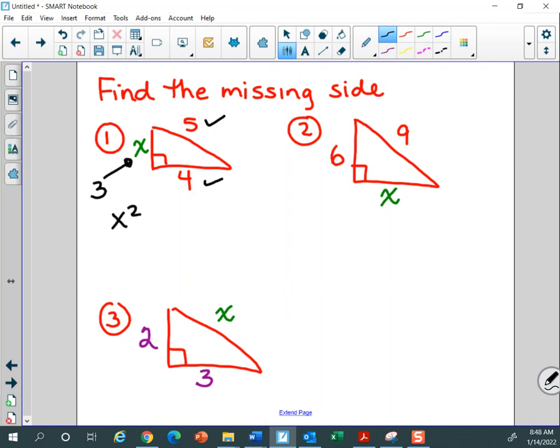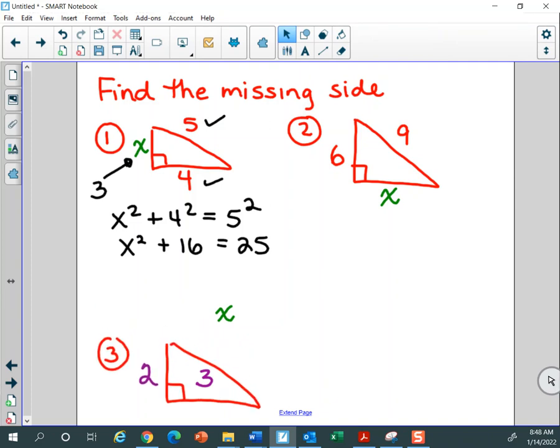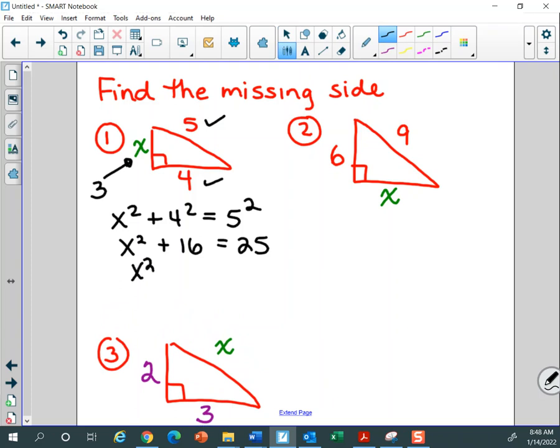But if you don't remember that, there's no stress, because we set up the Pythagorean theorem. And so x squared plus 16 equals 25. Move all this down. And so x squared, if we subtract 16 from both sides, we get that x squared equals 9, which means, and this is where